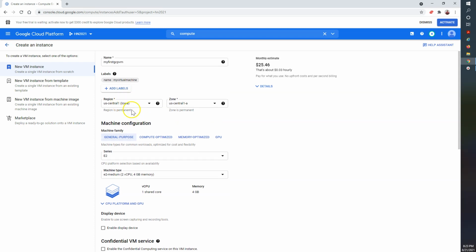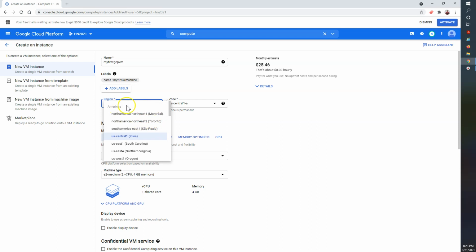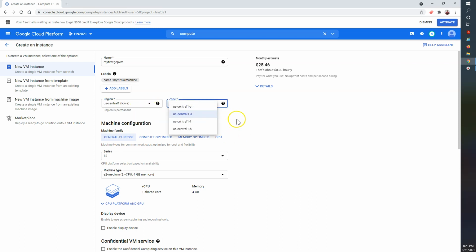So the region, you want to choose where you want to deploy your VM. So there are different region configurations. In the America section, you can see Europe, Asia Pacific. You can choose based on your latency use cases. So here we'll basically take the default one, that's US central 1, and in the region, which data center you want to install your VM, like US central 1 A, B, C and F. So basically this is the particular zone in which you want your VM to be deployed. So these are basically the two configurations for where you want to locate your virtual machine.